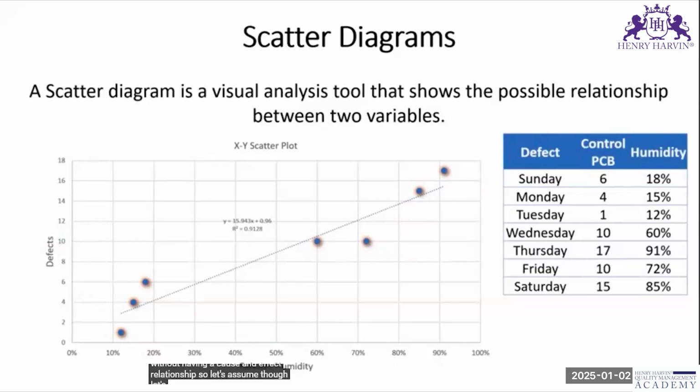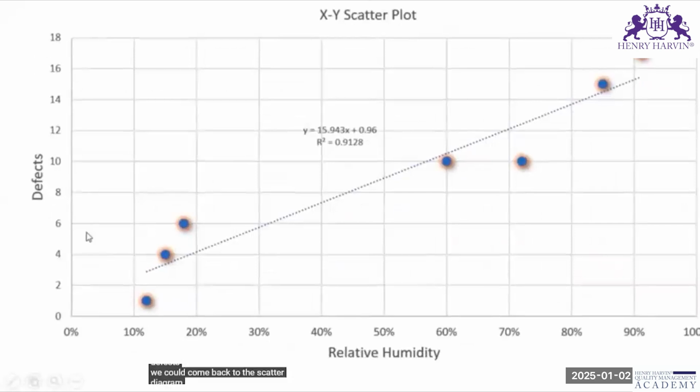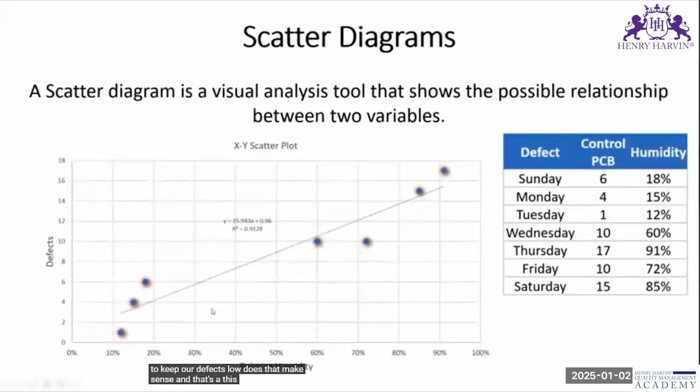So let's assume that we've done a DOE here and we've proven that humidity has an effect on our PCB defects. We could come back to the scatter diagram. We could say, okay, our target for PCB defects is 5 or less. Let's call it 5 or less. And so we come down here to humidity and say, okay, we want to control humidity to around 20% to keep our defects low. Does that make sense? And a scatter diagram is a great way to understand the relationship between two possible